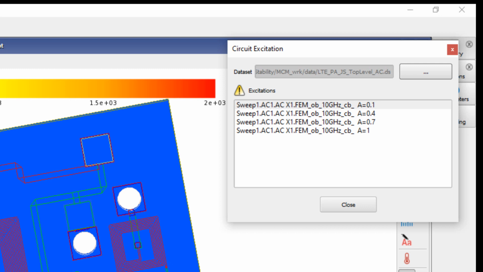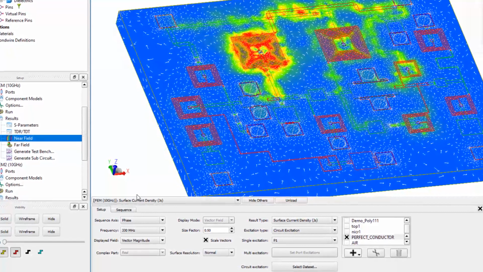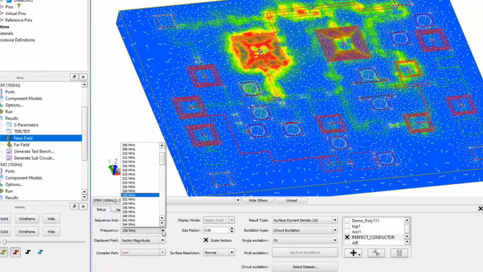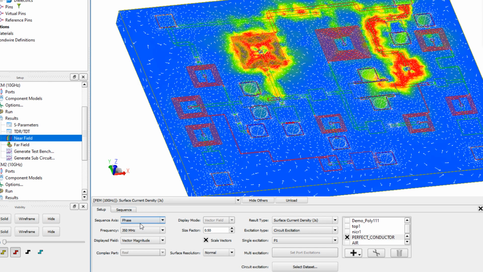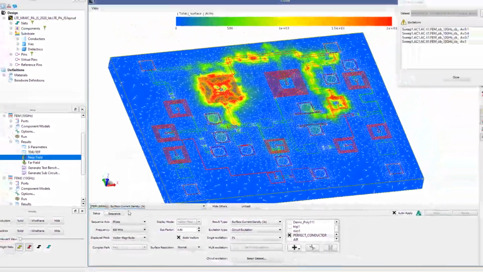The circuit excitation window displays the selected dataset as shown here. And next, I select what frequency I want to display the current densities at, as shown here. So here's a sample at 330, 350, 380, 400, and 1000 megahertz, respectively.